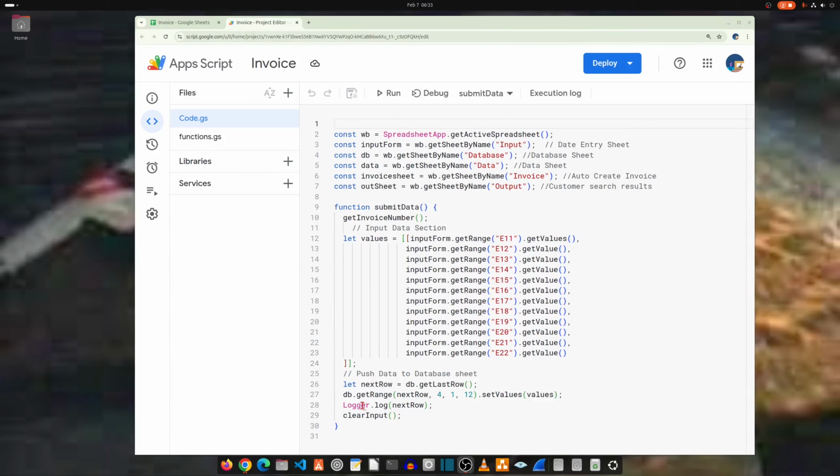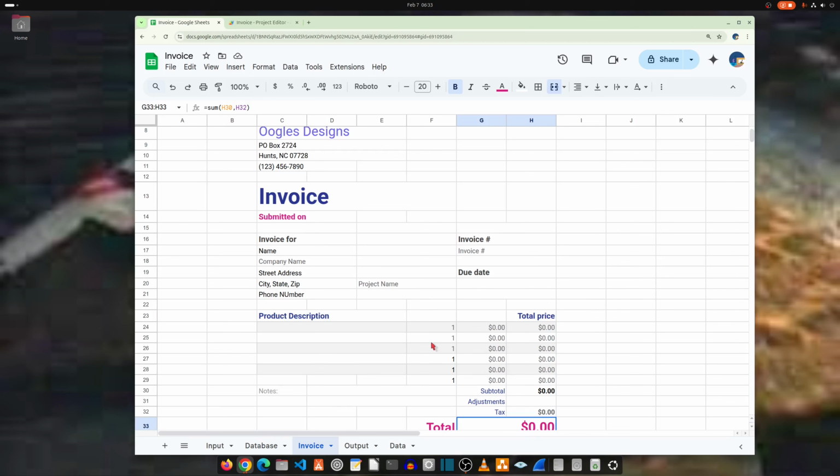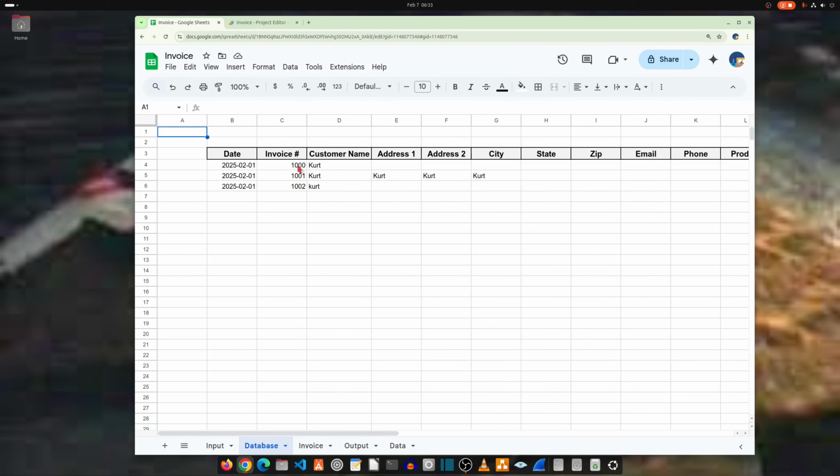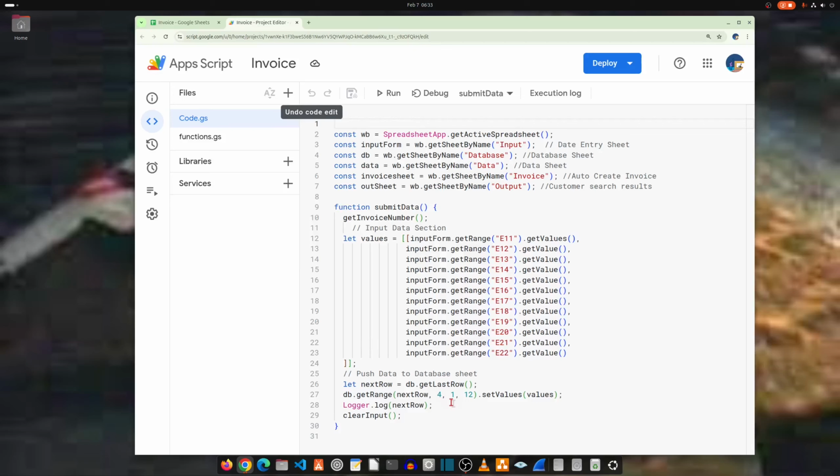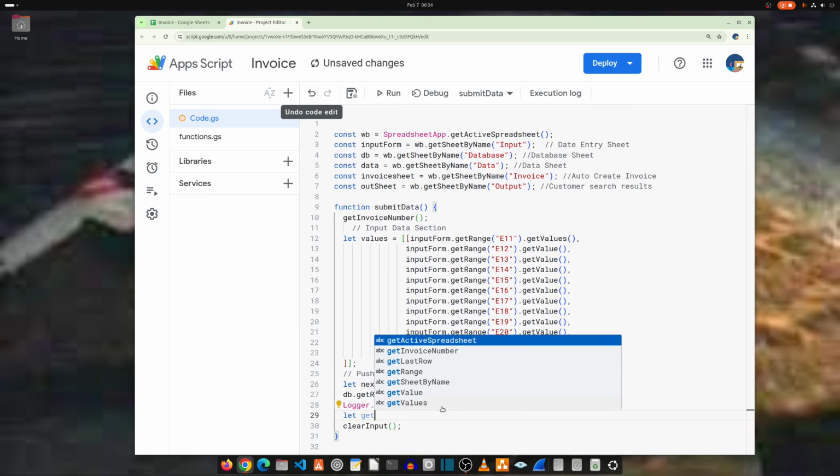So the first thing we're going to do, we want to get the invoice number, right? And that invoice number is going to be found in column 3, and the last row that was input into the database. So let's go back to our scripts and let's start writing that. So we have to get the value first. So let's go down here and type in let, and then I'm going to say get number. I should say probably get invoice number,